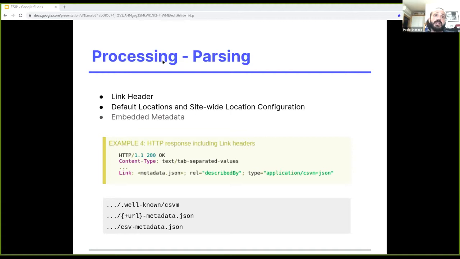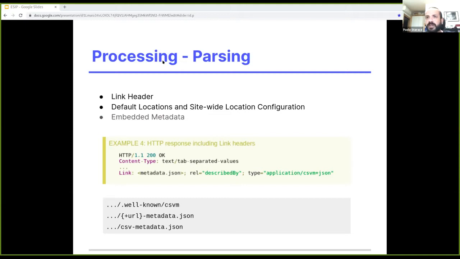Otherwise, you can start looking for well-known locations that are the ones I put at the bottom of the slide. And the last attempt is to embed the metadata into the CSV file, but this is something I actually don't advise.